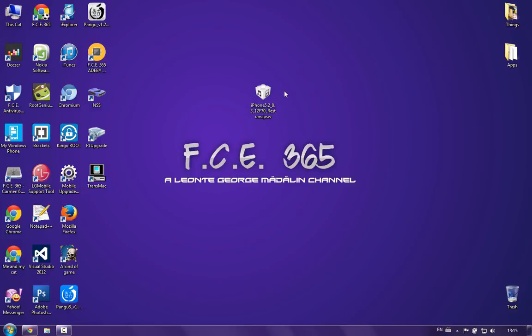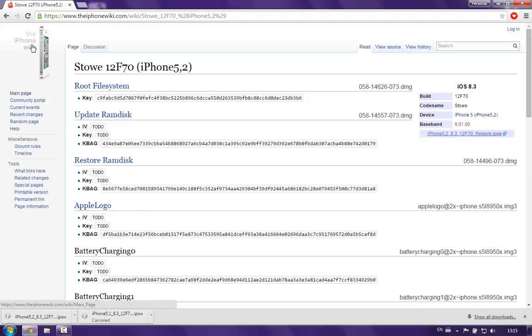Well, what we need to do is to get this file and this website opened, the iPhone Wiki, and search for 12F70 iPhone 5.2, because we speak about an iPhone 5.2 with iOS 8.3 and this baseband, but it will work if you have another baseband, but you have to search for your own phone. If you have an iPhone 5.1, you have to download your iPhone 5.1